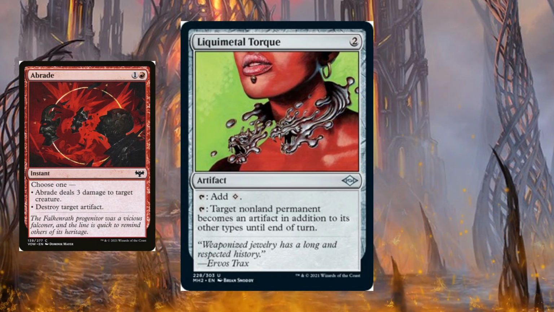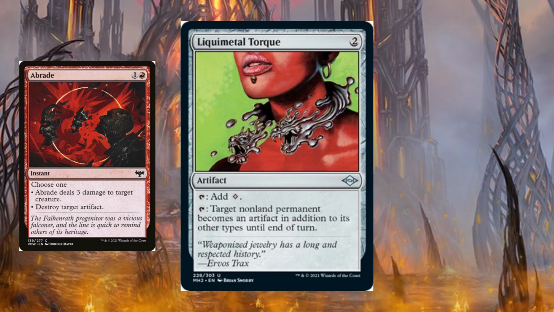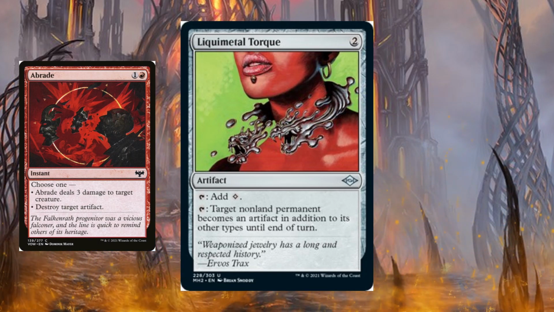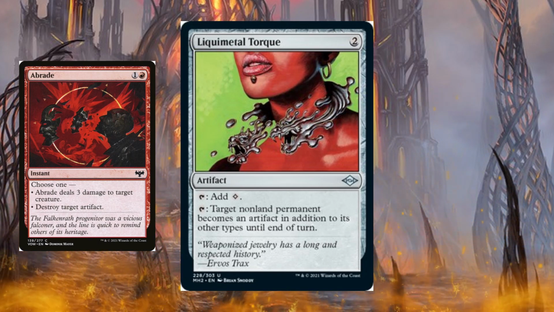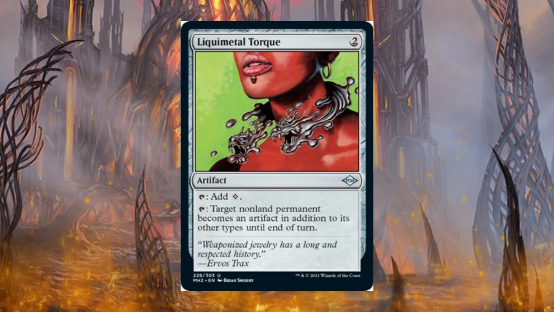We can make those permanents into artifacts in addition to their other types, and then we could use a Braid to destroy that artifact, because they're made into artifacts because of Liquid Metal Torque. Just a great overall option in here for a little bit of removal. We do have a lot of artifact removal in this deck, so definitely a great card overall in your